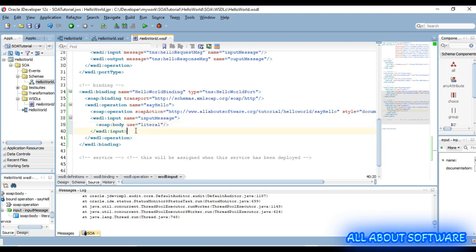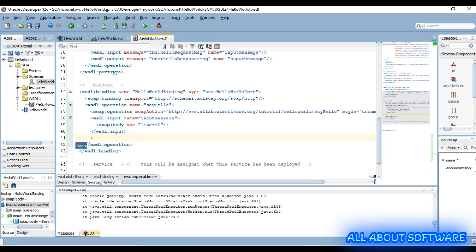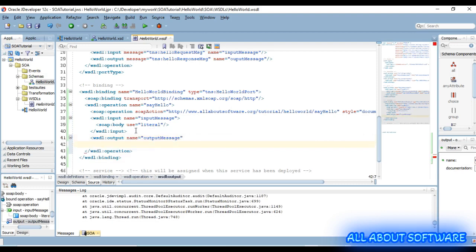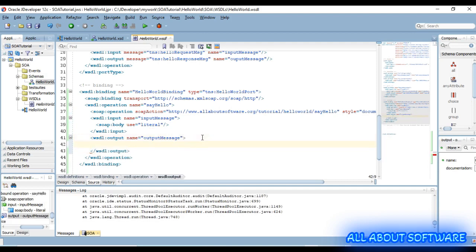We need to define WSDL output, name it output message. We need to define the body, and it's going to use the same literal body, just literal. We close,